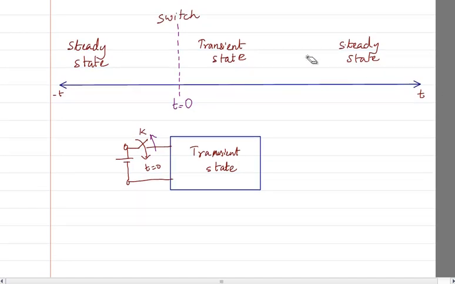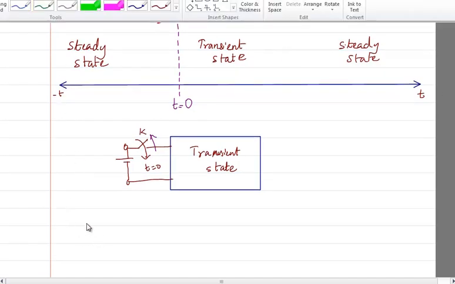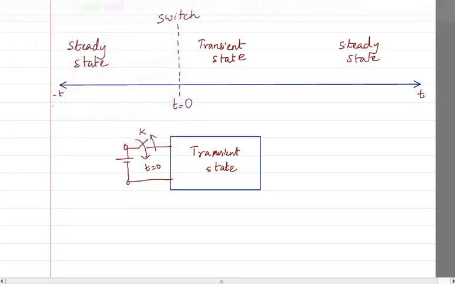Now suppose you are having a fan in your home. When you are entering the room, suppose you all are in the hostel, or in your house, you have gone outside and in the evening you are coming back. So in the morning when you went to college or went out, you had switched off the fan. The fan is now switched off. So in the steady state, the fan is in the switched off condition.